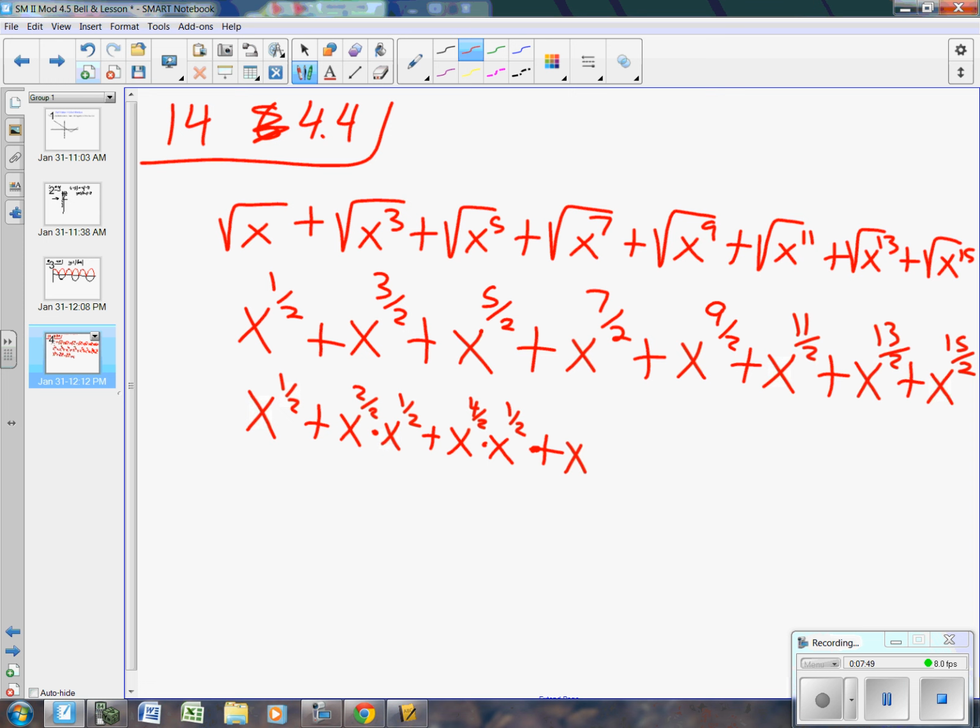What's this one going to be, you guys? 2/2. X to the, how many times will 2 go into 7? That's 6/2 times x to the 1/2 plus what? X to the 8/2 times x to the 1/2